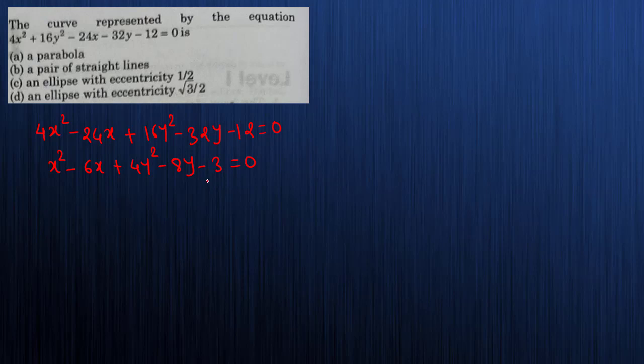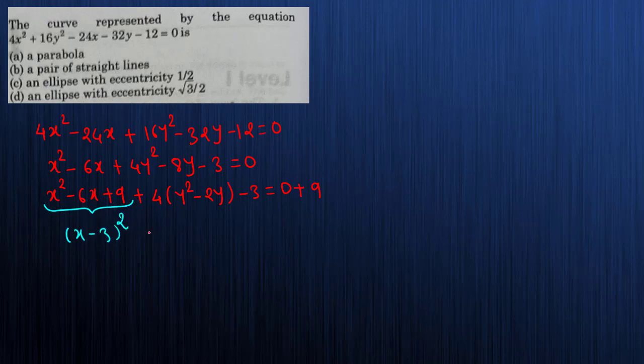Okay, so here I am having some arrangement. x square minus 6x plus 9 plus 4y square. So you take 4 common. So 4, y square minus 2y minus 3 is equals to 0. ये plus 9 इधर ऐड किया है. So first you add 9 on the other side also for arrangement, balancing. So this part is equals to what? ये इतना part हो गया अपना x minus 3 whole square.